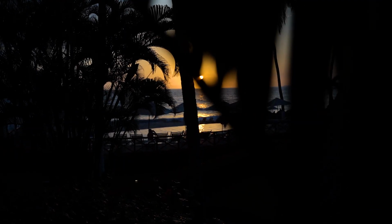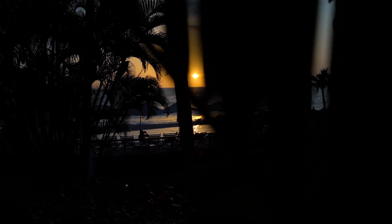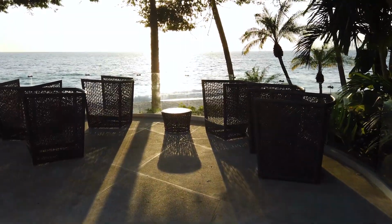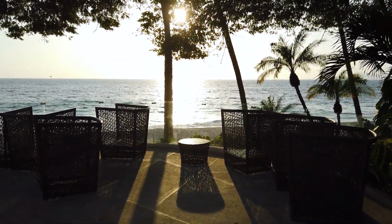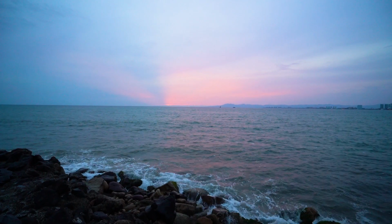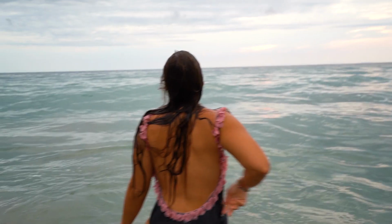We didn't mention this earlier, but one of the really cool parts about this area is that the time zone is completely off. Yeah, their time zone is totally messed up. So the sun doesn't even set here till about 8:30, 8:45. It also means that it comes up a lot later, and we're nestled at the base of a hill. So the sun's not really going to hit the beach till about 9 o'clock, 9:30. So it really rises late, but then it doesn't go down until about 8:30,